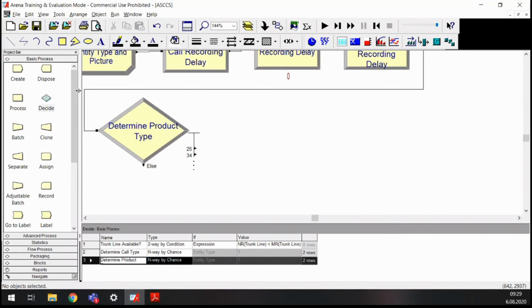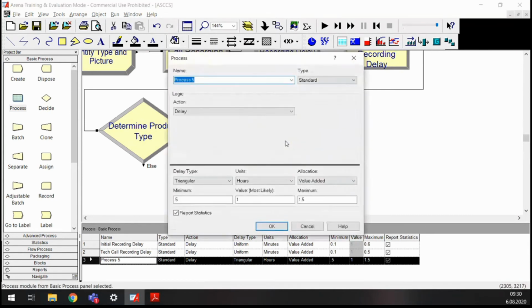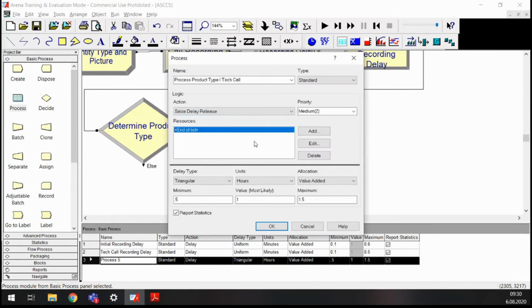So therefore, I am just going to do what? I am just going to create our famous process module here. Okay. I am going to connect that 25% to this, and the name of the process is going to be process product type 1 take call. Okay, this is just going to be a simple process, but the logic of this process is going to be seize, delay, and release, because we need to seize a technical support person who is devoted to product type 1. Okay, so we are going to say that the logic of the action is seize, delay, release,